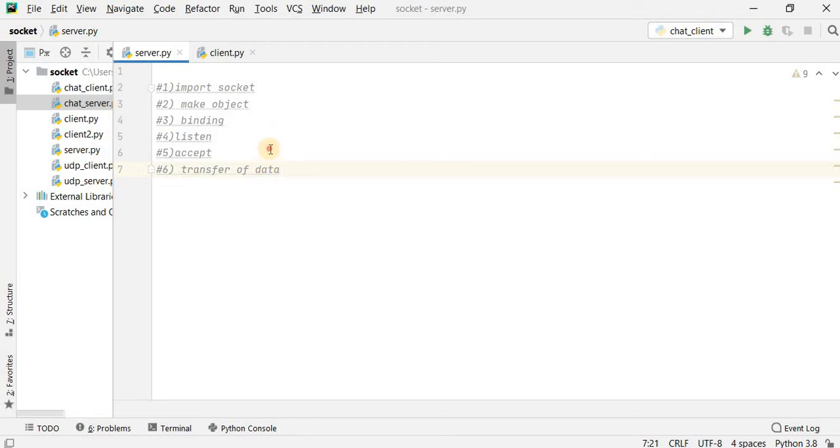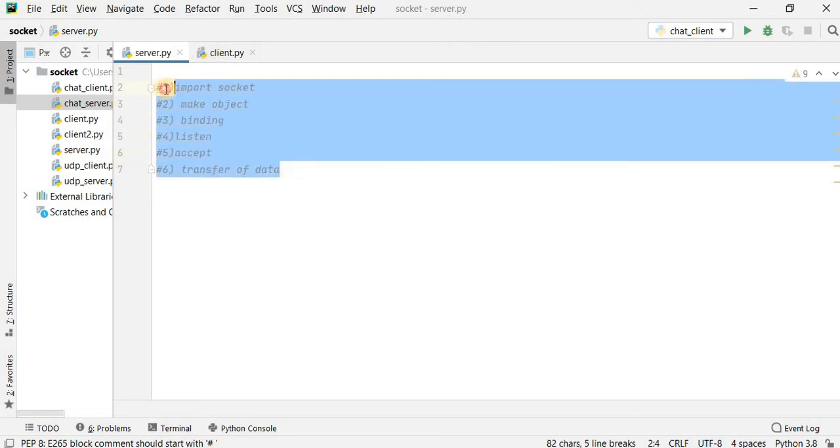In socket programming, the socket is related to two things. The first one is the IP address and the second one is the port number. There will be two programs you have to run simultaneously. The first program will invoke the server and the second program will invoke the client. These are the steps you have to follow in order to create the server, and your file name should be saved as server.py. The same steps you have to write over the client also, so I copy the same steps over there.